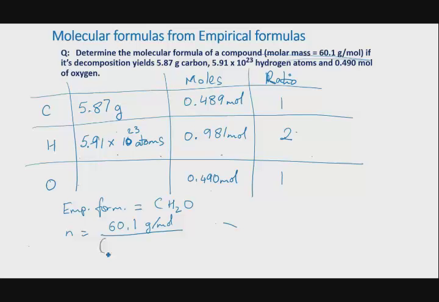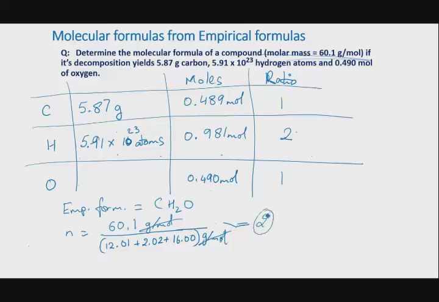Empirical molar mass will come from the empirical formula: 1 carbon, 2 hydrogens, and 1 oxygen. Same units as the numerator, because please remember this ratio, N has no units. When you calculate this and round it to the closest whole number, we get a value